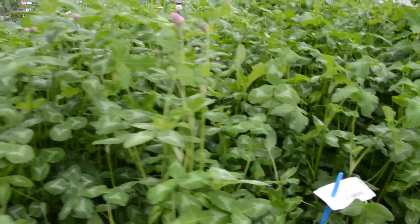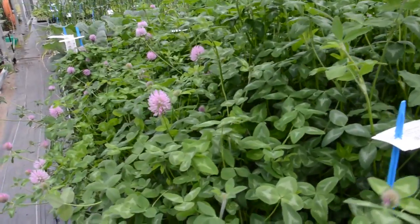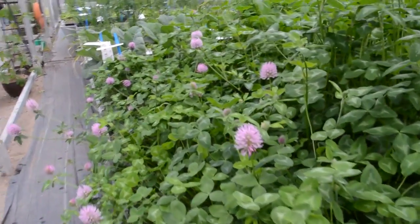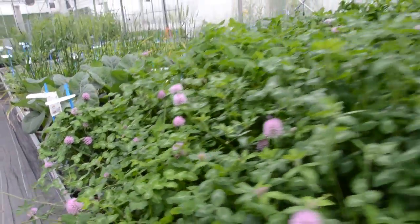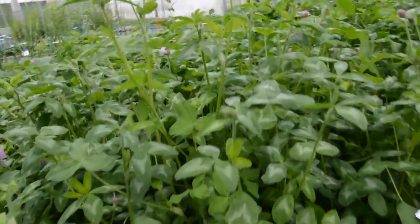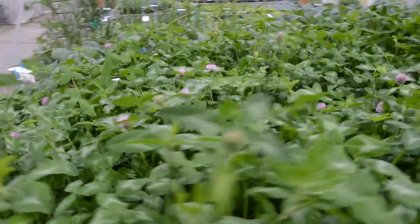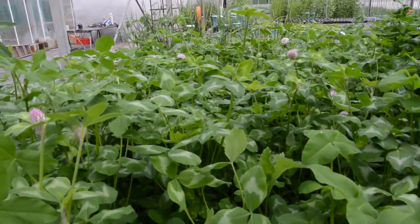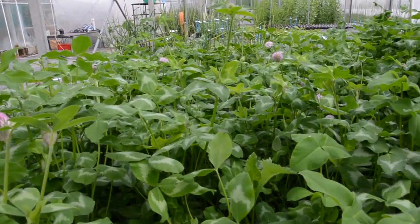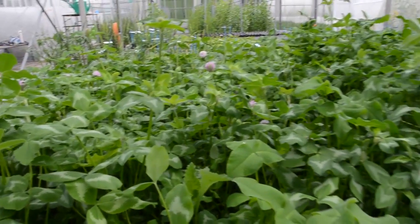If you have a closer look, you can see that the original in this accession has more flowers than the regenerated material, which actually has some flowers but not that many. This is quite interesting because it shows that the gene bank conservation influences the accessions, which shouldn't be the case. If you have a closer look at the other collects,